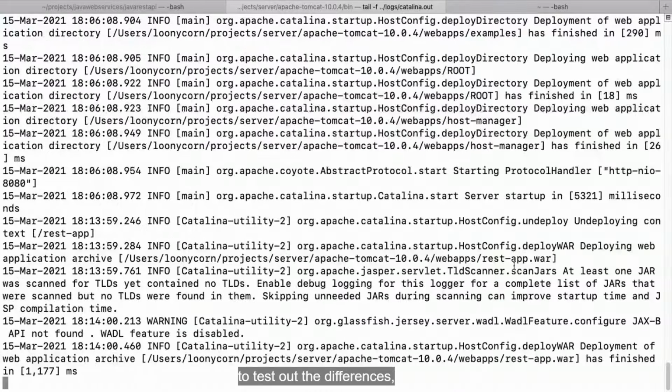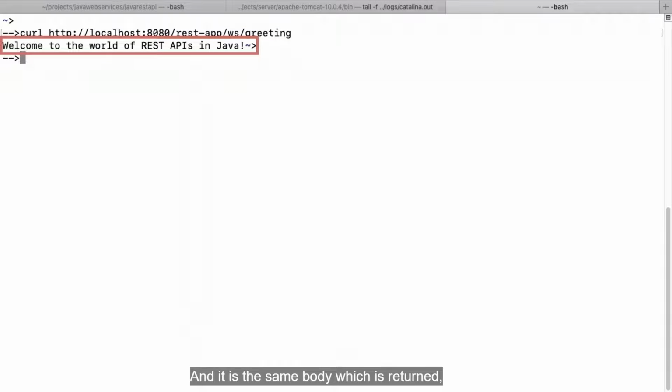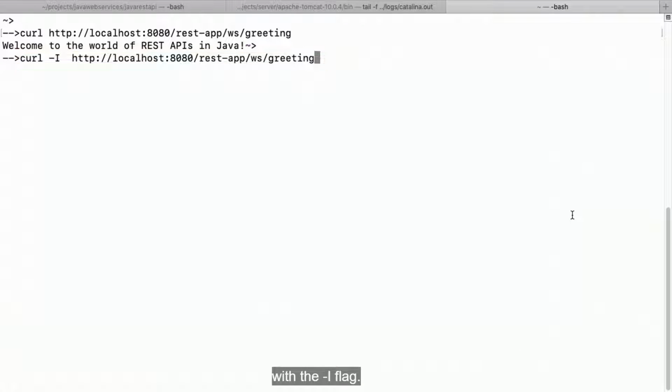And to test out the differences, let's head back over to the shell and make use of curl once again. So we submit the curl request, specifically a GET request to the same URL, rest-app/ws/greeting. And it is the same body which is returned, which of course contains the same message. But now, let's take a look at the headers by submitting the same curl request but with the -i flag.